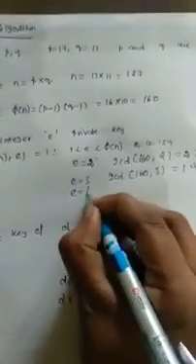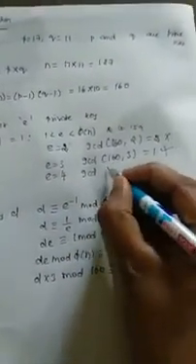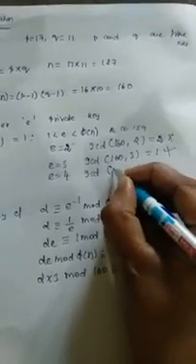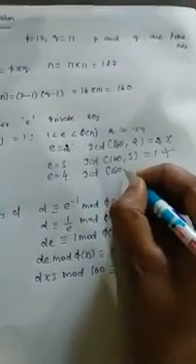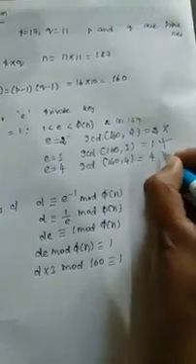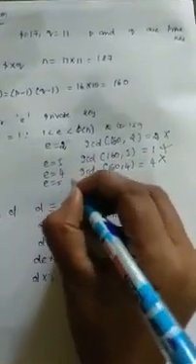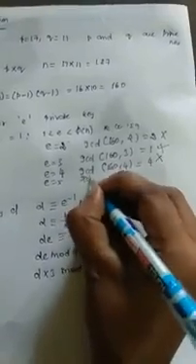Now we are moving to the next number, that is E equal to 4, and we are going to check whether the given condition is satisfied. GCD of 160, 4 is 4. It is not satisfying the condition. So the value of E equal to 4 is also wrong. Now we are trying E equal to 5.